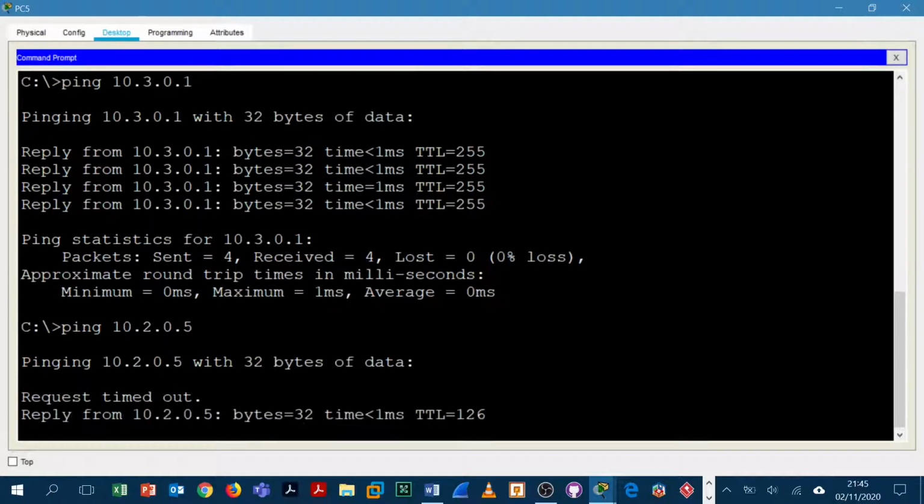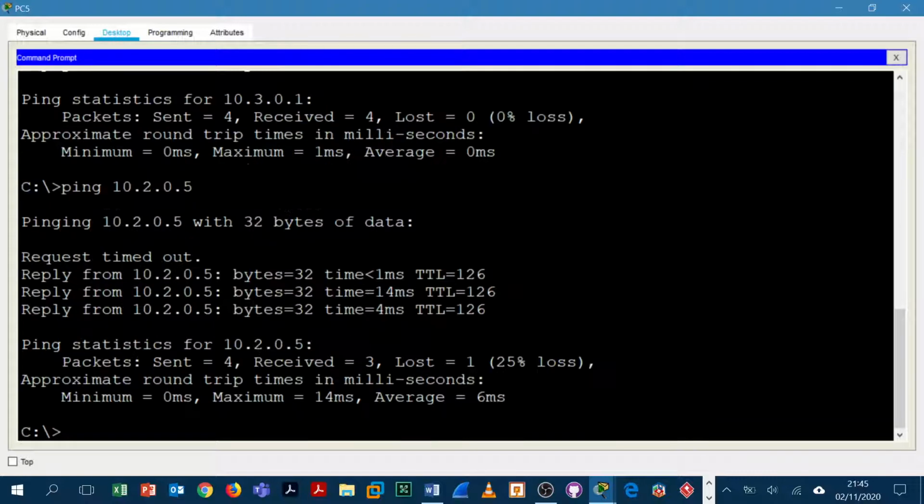Okay, there we go. We're getting some replies. Then we got a timeout initially. This is interesting, just to point that out. You sometimes get timeouts, sometimes on the first ping. The reason being is it had to learn the route. So it didn't actually make it back because it had to learn the route first. That's a simulation thing, but then the other packets, because it learned the routes, are able to find their way